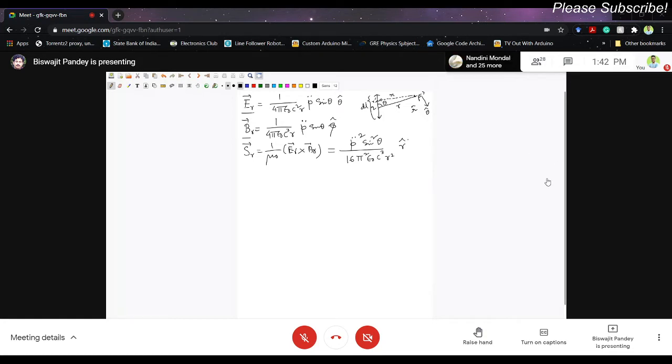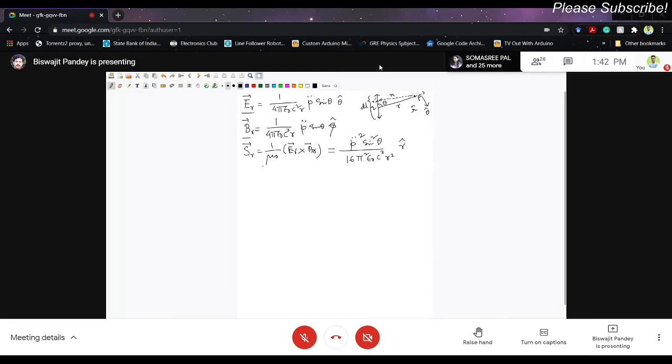So the radiation, this pointing vector is pointed along the radial vector, right? So energy flow is along the radial vector, radius vector, and we have to find out what is p double dot square. At least from this expression we can infer something about the radiation pattern, because pointing vector and the dP d omega are intimately related.